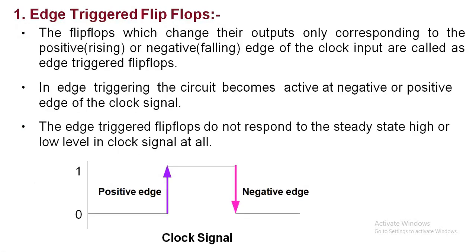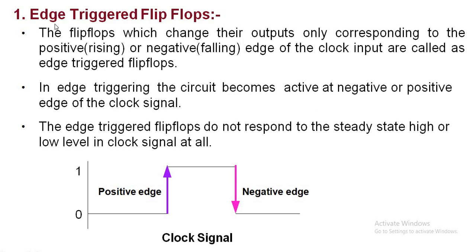So first we will see edge triggered. Before starting triggering, first we will see the clock signal. This is nothing but a clock signal, or we can say this is a rectangular signal. In this rectangular signal, this is a low level of clock signal, this is a high level of clock signal. In between this low and high, there are the edges of clock signal. Rising edge is called positive edge and falling edge is called negative edge. So depending on low, high and edges, there are two types of triggering, edge triggering and level triggering.